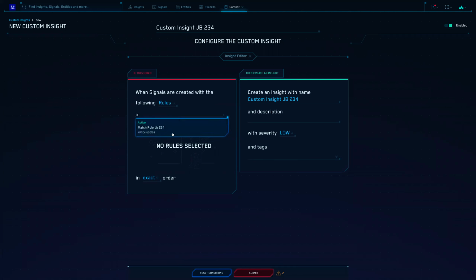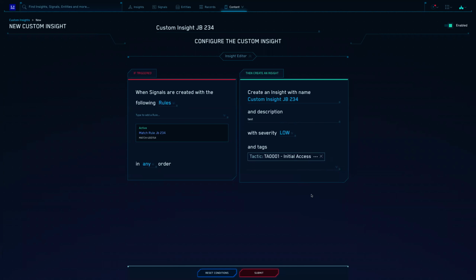There it is. For this one, we don't care about the order. Now we're just going to fill out the rest again. We're just going to put a test, put our tags here, and then click submit.